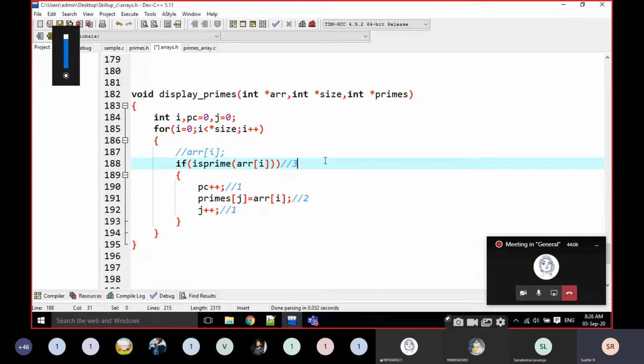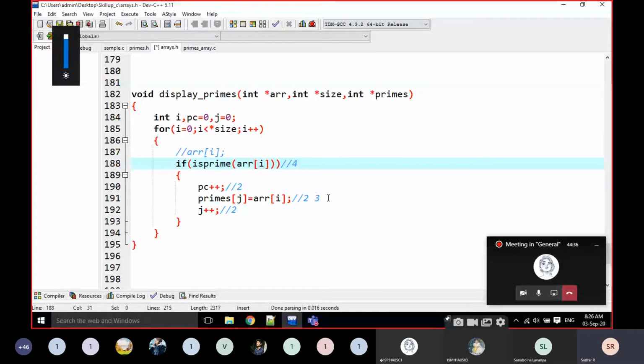Then again it is working with 3. Is 3 prime? Yes, 3 is prime. Then PC becomes ++. And here primes of 1 is equal to arr of i. What is arr of i? arr of i is 3. In first position, I am going to add 3. Then j becomes 2. Then it is coming with 4.